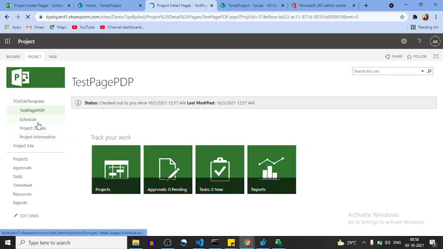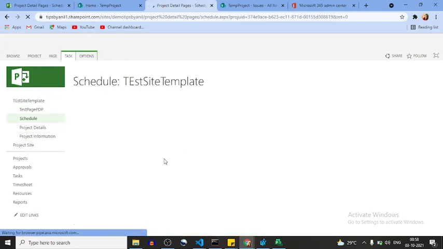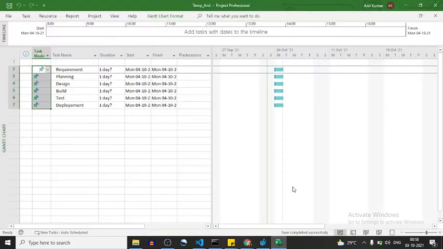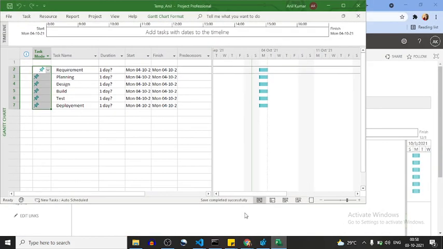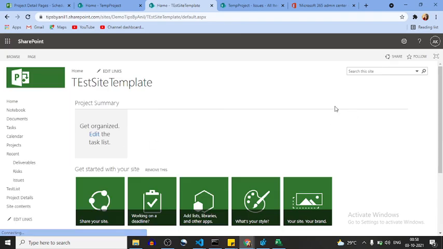Okay, here you will also get the project scheduling. Here you can see the default scheduling, because we have added this template over here. So that's why the scheduling is coming over here. Now go to project site, hope it has been created finally.